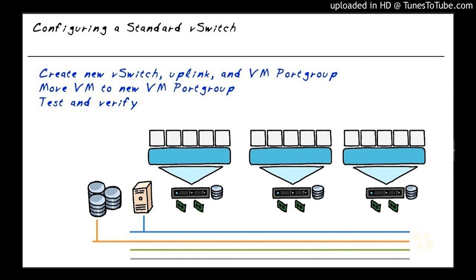So currently we have VMNIC 0 that's being used as an uplink that's giving us our access via our VM kernel ports to get to the management network. And for this new vSwitch, we'll go ahead and use VMNIC 5 as the physical interface that we're going to use to connect to the external world. And when I say external world, I mean external outside of the logic and guts, if you will, of the ESXi host. And last but not least, let's also create a new VM port group on that new virtual switch. And let's name the VM port group